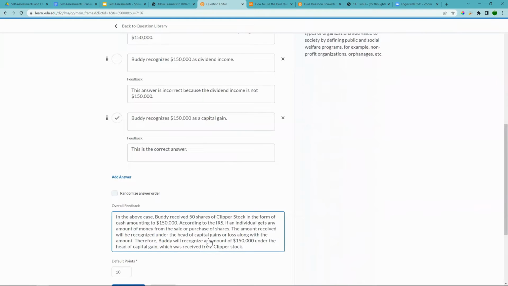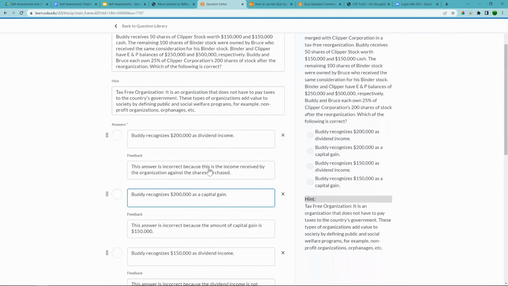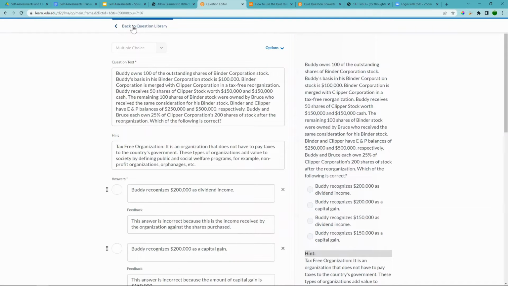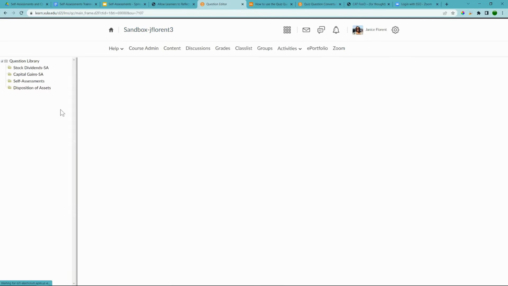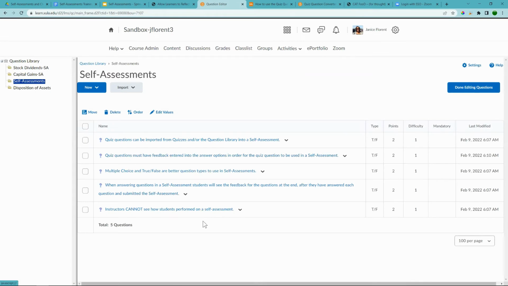But then I also included some overall feedback here as well. So it really depends on how you're trying to set up the question and the answer choices to help the students understand. And then the last one that I'm going to show is this self-assessment section, which has some true-false